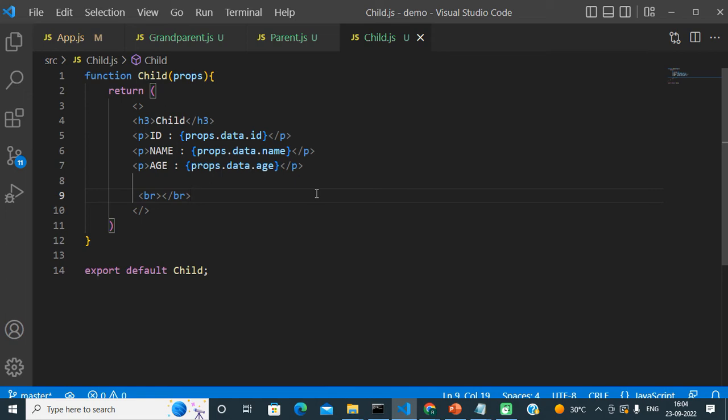But even though it is working fine, the big issue in this approach is that in our real-time project, if we deal with a large number of components, let's say we are working on some customer's project in which there are 1000 or 2000 components, and we follow this approach, passing data from one component to another, and then to another, you can imagine how difficult it will be to maintain.